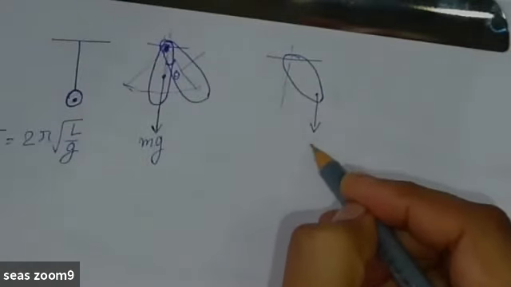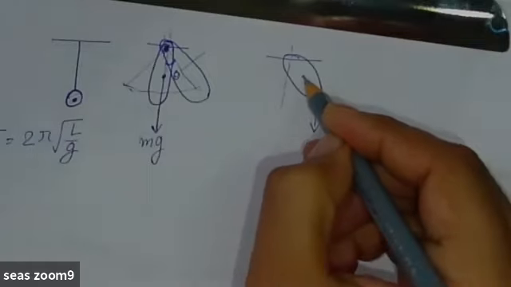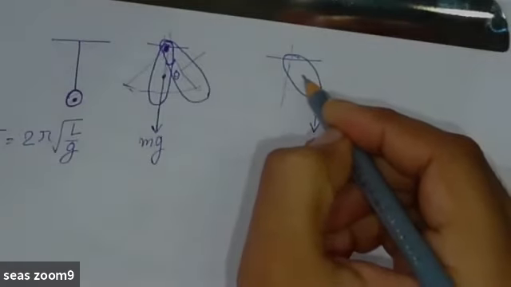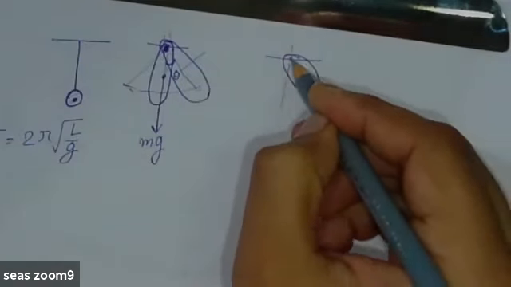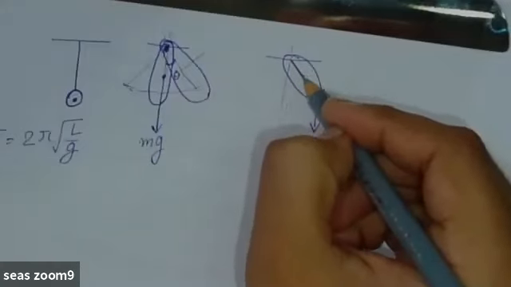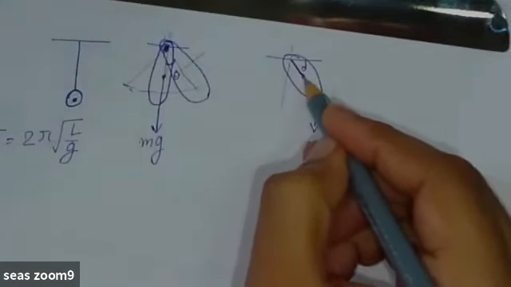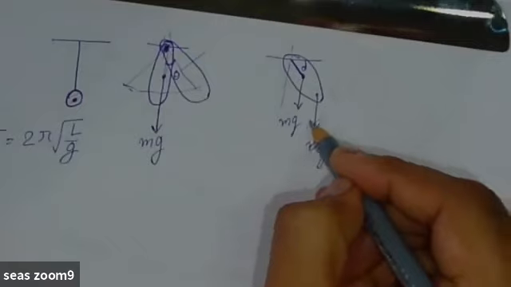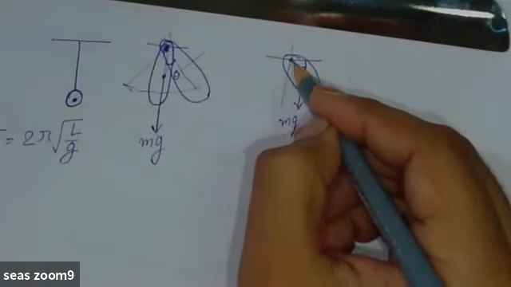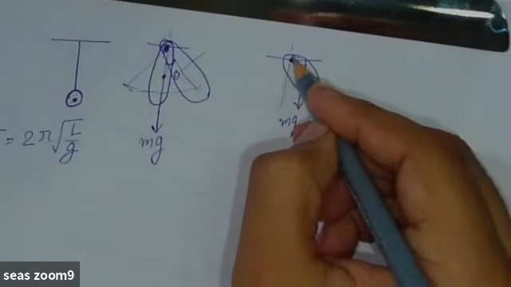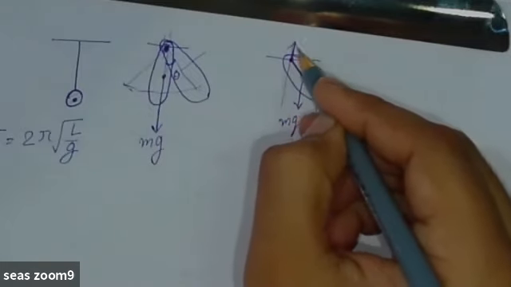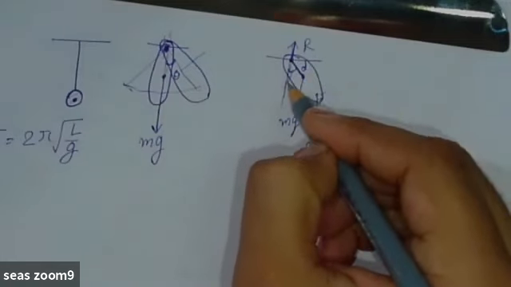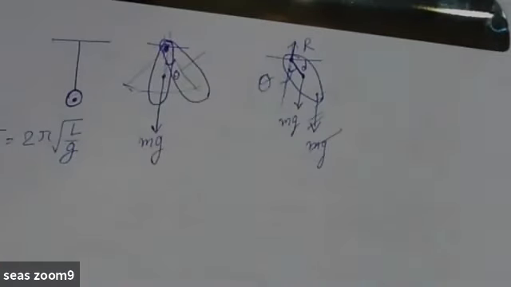Here is the mass suspended. Sorry, the mass remains suspended in this direction, mg, and let's say this distance is d. So from here you can say the mass comes here. Also, because it is suspended from this pivot point, it will also experience some reaction force. Let's say this reaction force is R and this angle is theta.